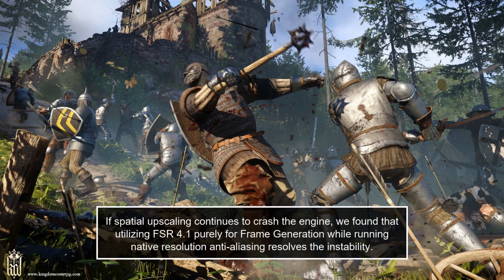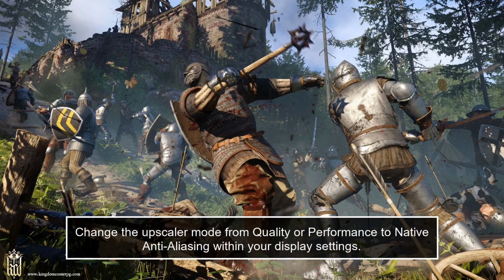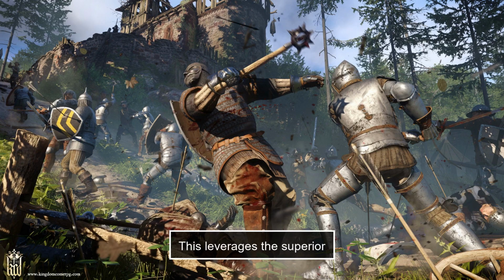10. Toggle native anti-aliasing mode. If spatial upscaling continues to crash the engine, we found that utilizing FSR 4.1 purely for frame generation while running native resolution anti-aliasing resolves the instability. Change the upscaler mode from quality or performance to native anti-aliasing within your display settings. This leverages the superior